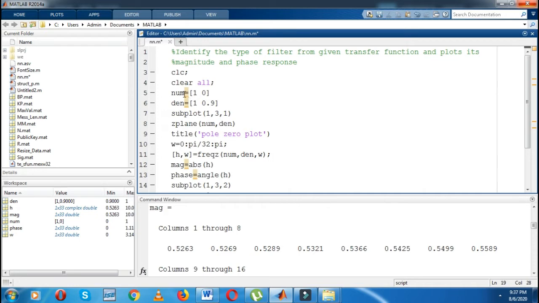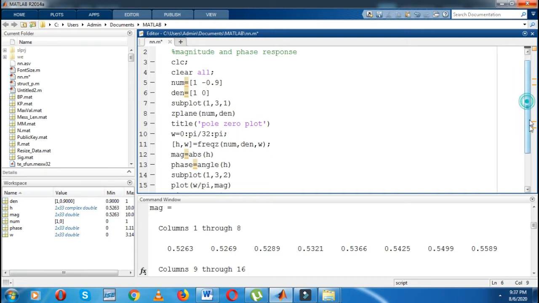In the numerator you have to write minus 0.9 and in the denominator you have to take 1, 0. So basically these coefficients are taken for the FIR high pass filter.